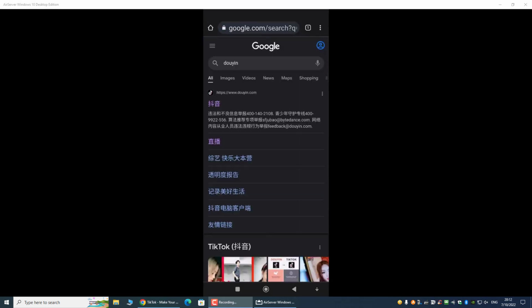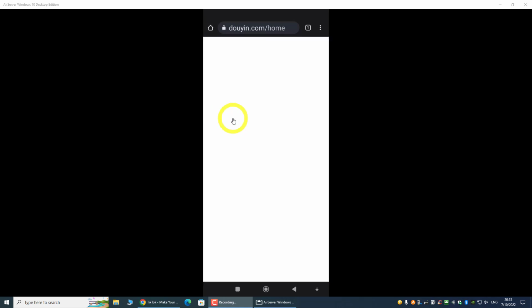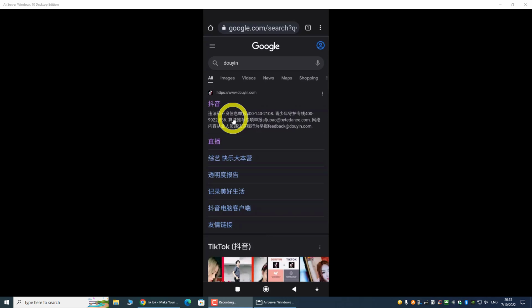So if you go to your browser and search for Douyin, this is the website that's going to come up. If you click on this website, sometimes the website doesn't show up and you cannot download the APK this way. But there's also a different link over here, and if you click on it, then you can go direct into this